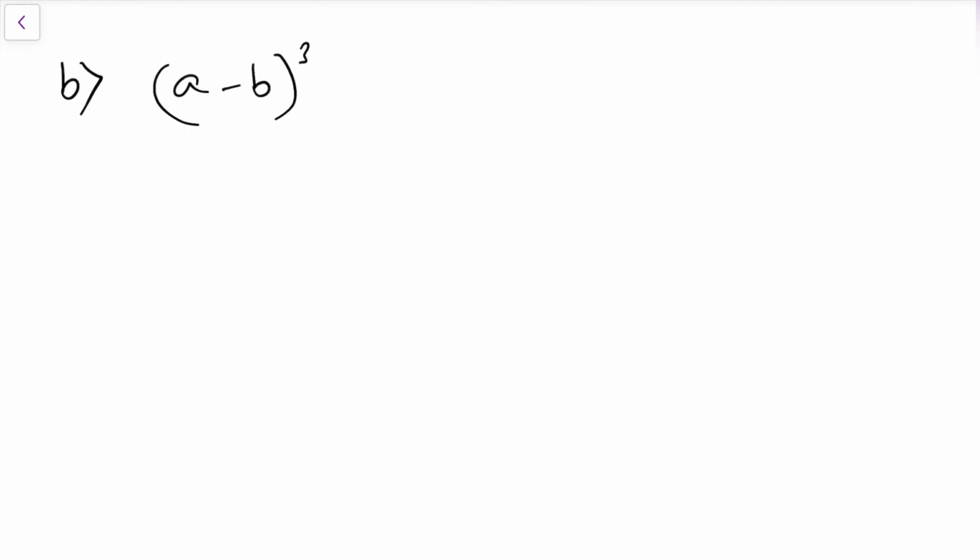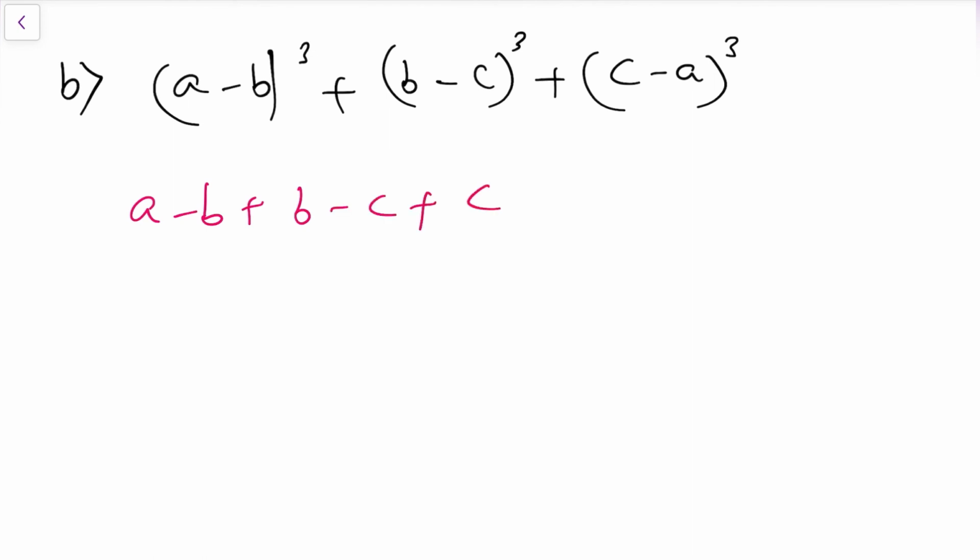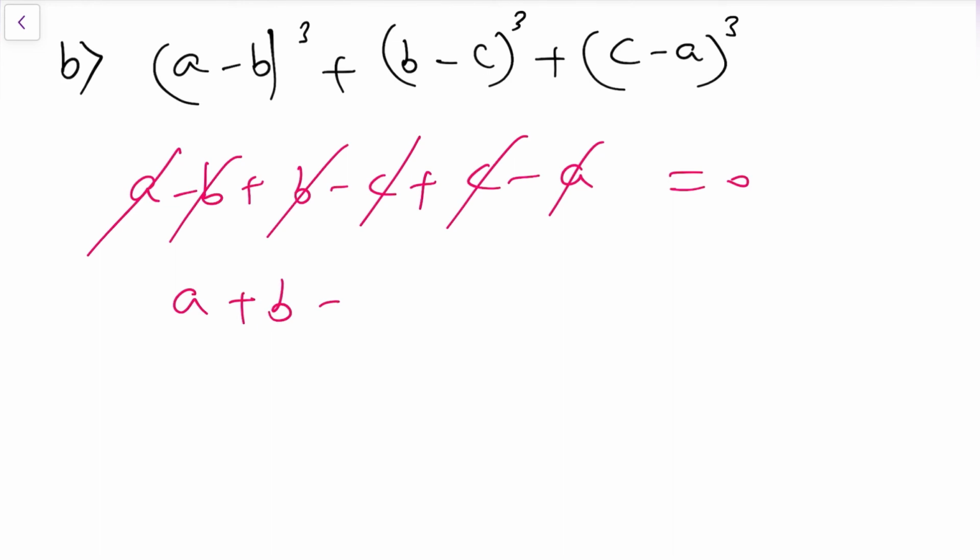Now by using this formula, he is asking to show one more. Show that (a minus b) whole cube plus (b minus c) whole cube plus (c minus a) whole cube. This is in the form of x cube plus y cube plus z cube. Then if it is the x cube plus y cube plus z cube formula, we need to first check the value of x plus y plus z. Here x is nothing but a minus b, y is nothing but b minus c, and z is nothing but c minus a. Plus a minus a cancel, minus b plus b cancel, minus c plus c cancel, then the answer will be 0. So we can write here that the sum is equal to 0.